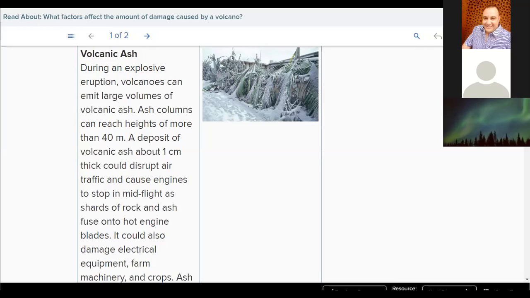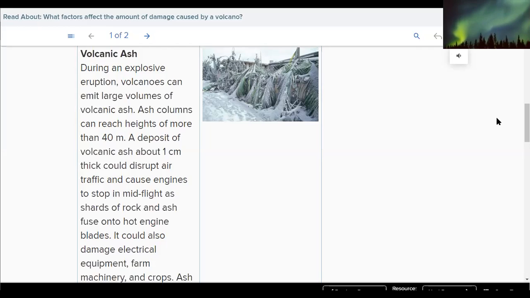It means that ash columns can reach heights of more than 40 meters and a deposit of volcanic ash about 1 centimeter thick